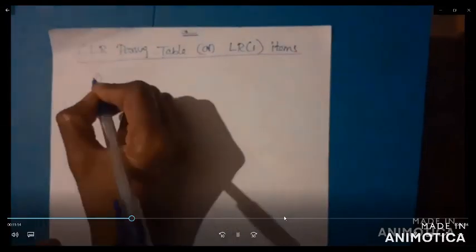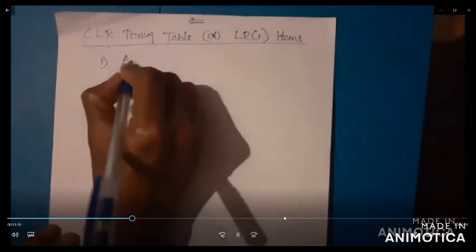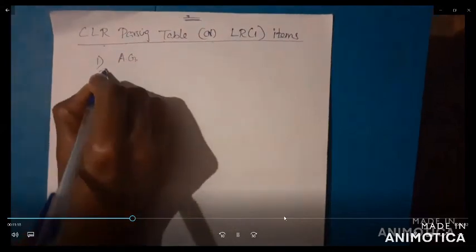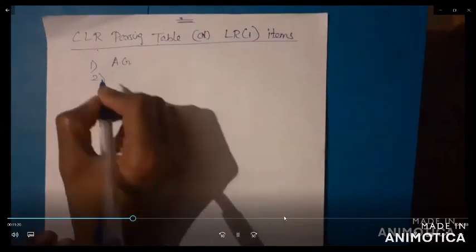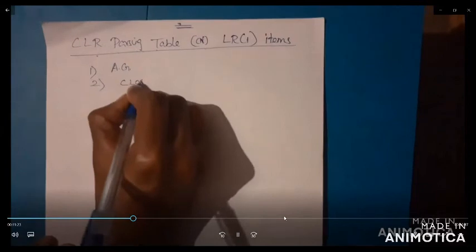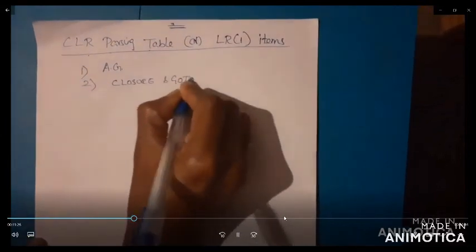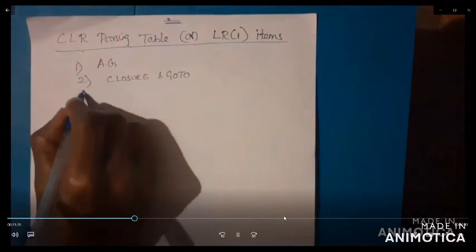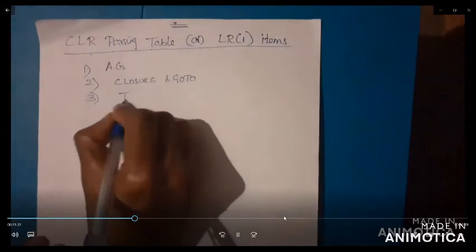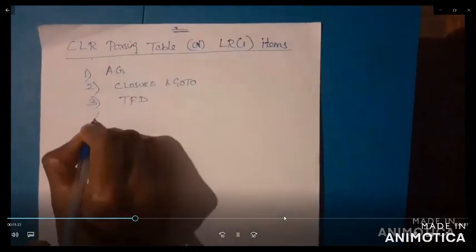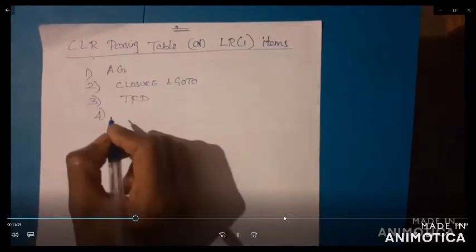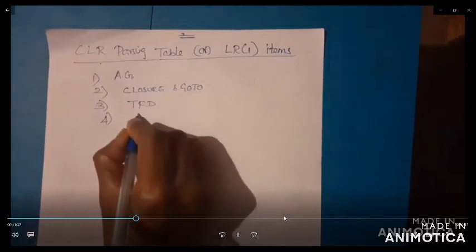First, the augmented grammar. Second, check the closure function and goto function. Third, check the transition flow diagram. Then fourth, the parsing table construction.